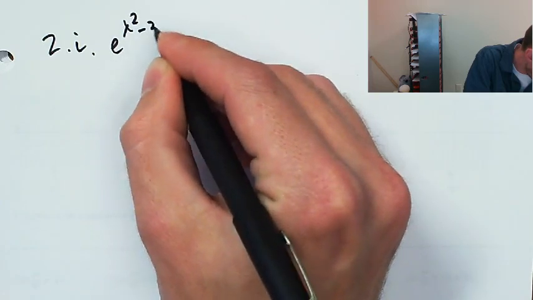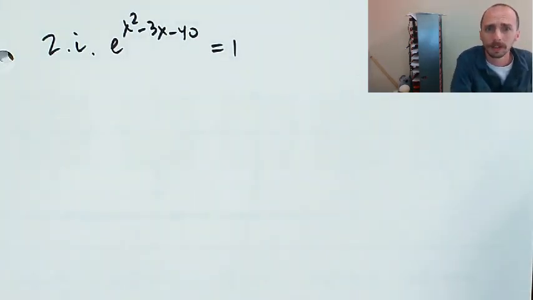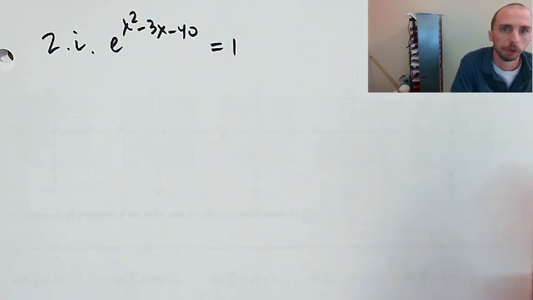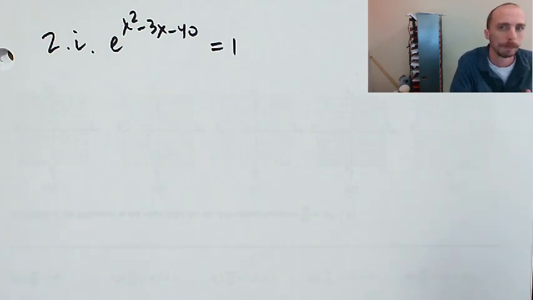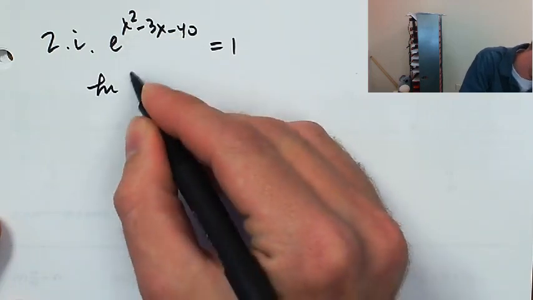e to the x squared minus 3x minus 40 equals 1. I was like, what is going to happen? This is not going to be factorable. Okay, but I see what's going to happen. Maybe you just look at this and you say, okay, e to the 0 power is 1, so I need x squared minus 3x minus 40 to equal 0. Maybe that's the case. But if you don't just immediately see that, we're going to do what we